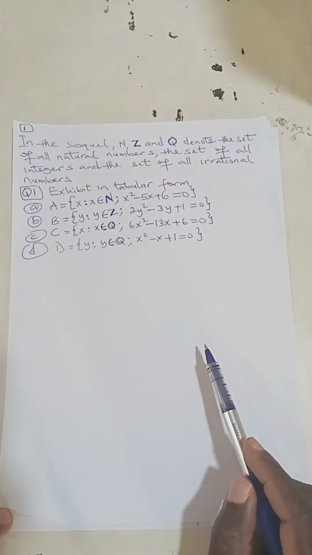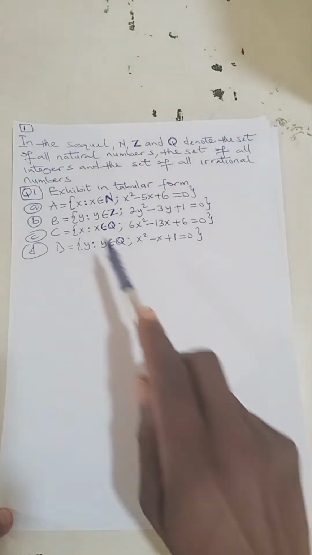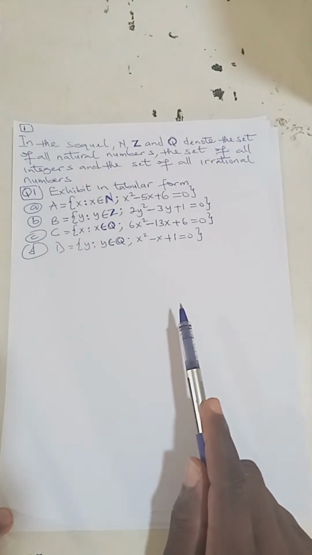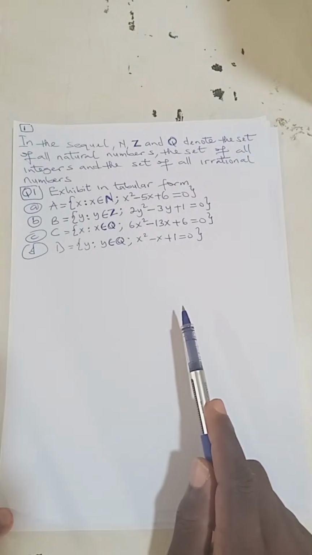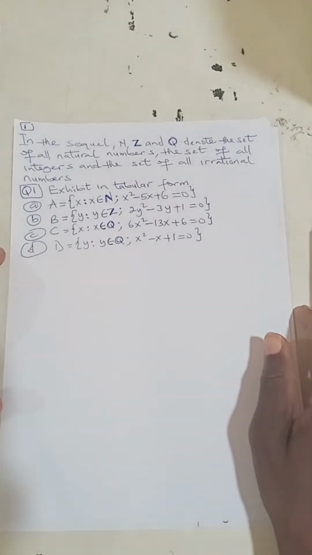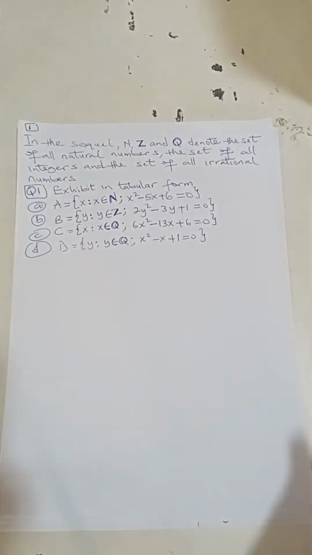and the set of all irrational numbers for Q. Exhibit in tabular form. We have the first one,